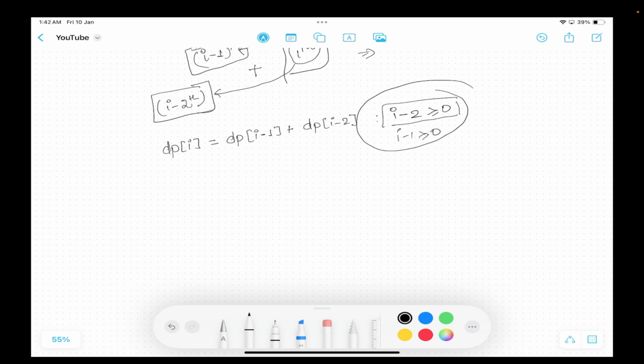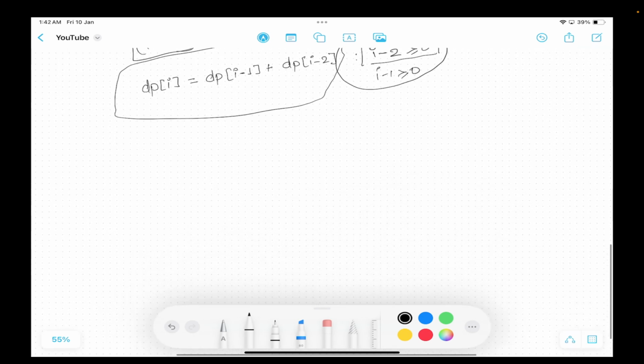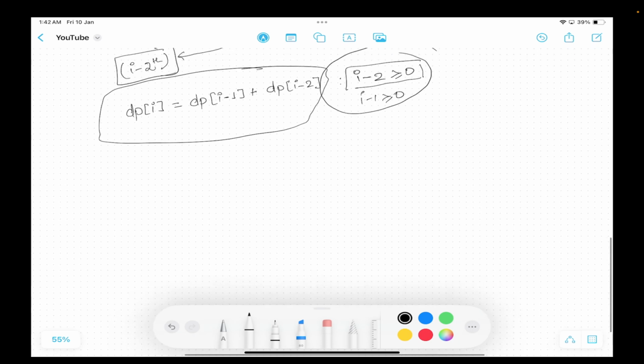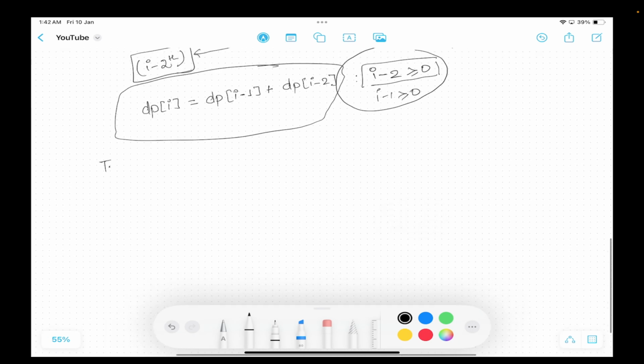These are the conditions, and this is the relation for the ith step with the previous step, right? So this is the overall formulation for this problem. And if you just try to see the time complexity in this case, the time complexity will be order of n, and also the space complexity will be